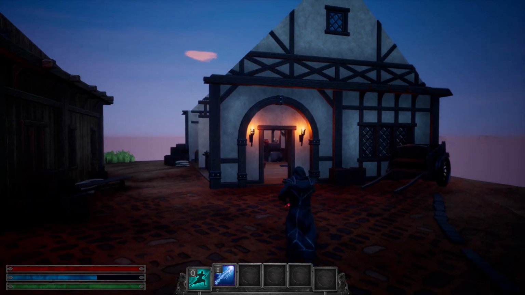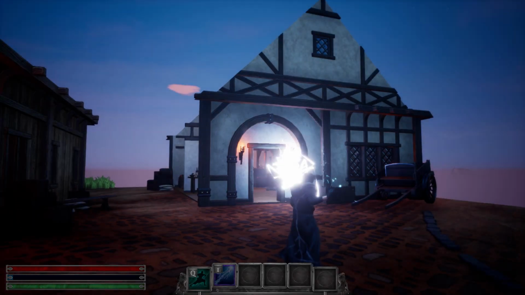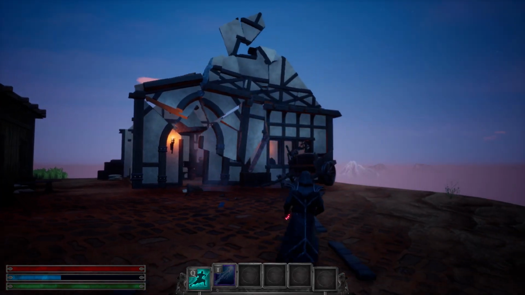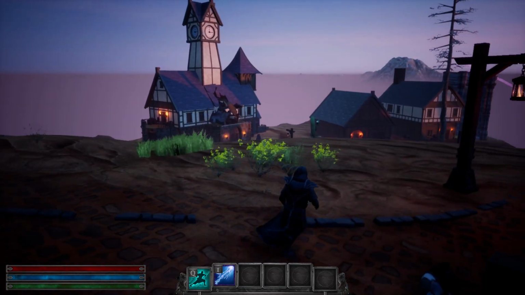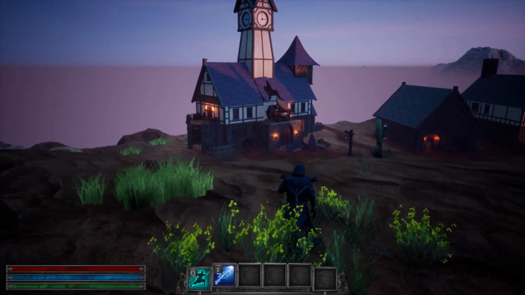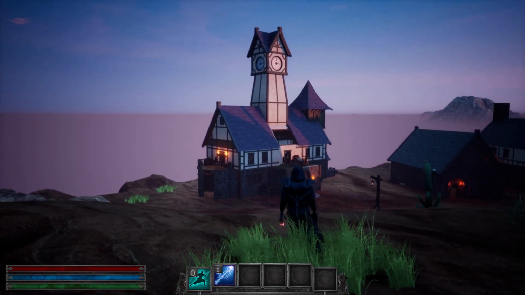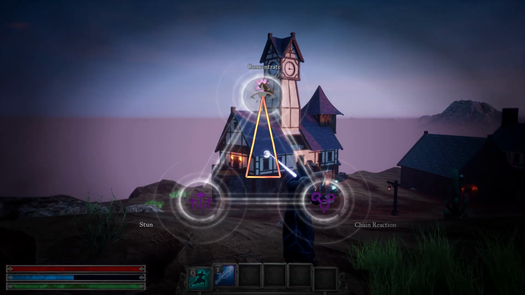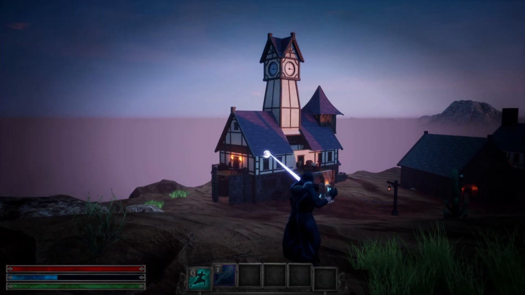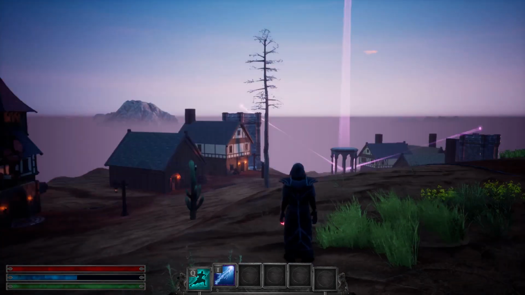Let's do a bit more, let's do concentrate so that we've got, oh, something I did not mention. If you run out of mana while you're casting, there's a possibility, oh crap, I even hit that big building over there. There's a possibility that you're going to start using up your own life force. Something you really don't want to do. So there we go. We're just going to start kind of launching a few...